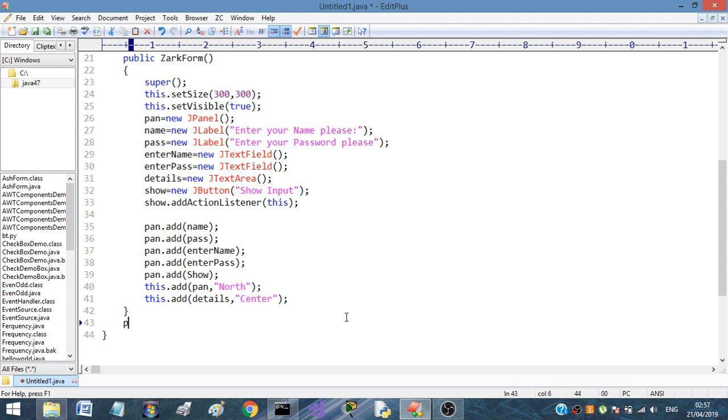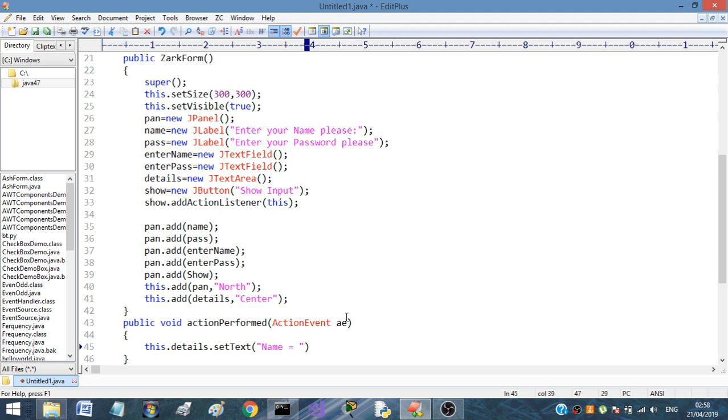So now we'll write public void actionPerformed, and within the parentheses we will write the action event variable name AE for action event, and inside this, redis.details.setText, and setText will be name equal to,